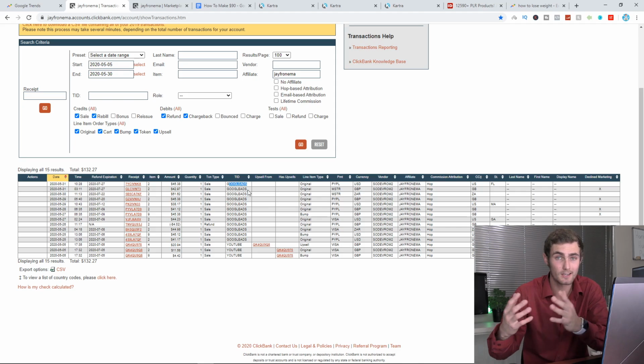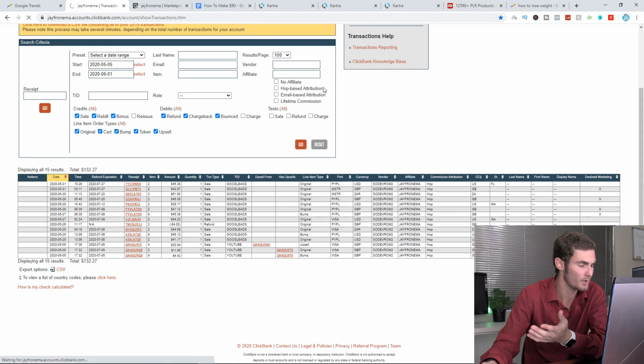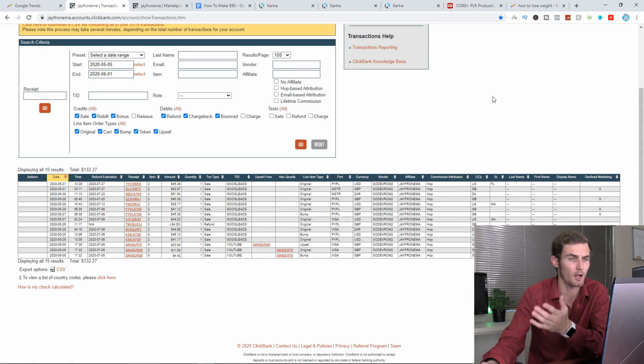And I'm going to show you exactly where we're going to get this from in a bit. So just to show you, this is my live dashboard as well, and not any kind of screenshot on the screen. You'll see if I refresh my screen, you can see this is my live dashboard.